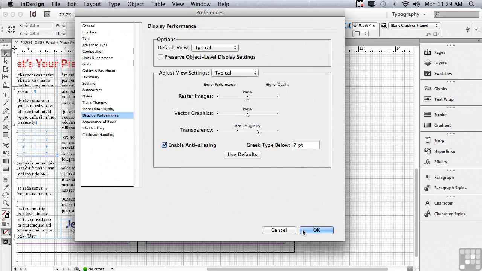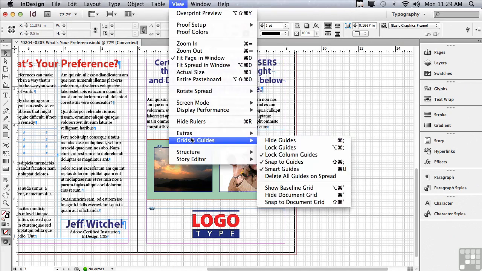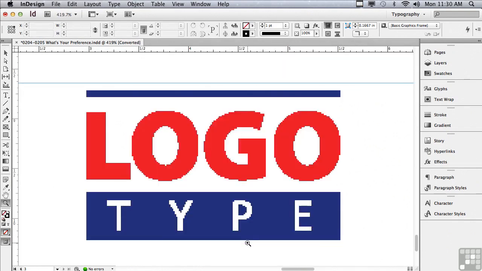Let me click OK. I'm going to get rid of my grid by going under the View menu to Hide Document Grid. And I'm going to go to my Zoom tool. One of the ways the Zoom tool works is if you click and drag with your Zoom tool over a certain area, it will fit that area in the screen the best it can. Not too attractive. In typical view, it's using a proxy image, a low-resolution, highly pixelated image for my logos,